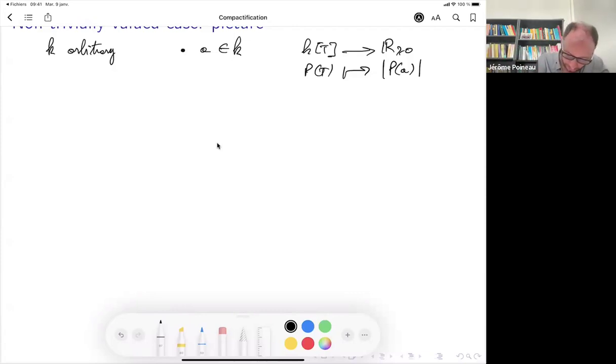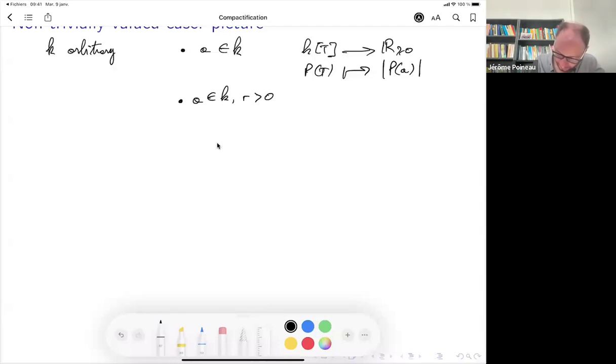And in the non-Archimedean case, you can also do things that are a bit more original, say. You do it like this.